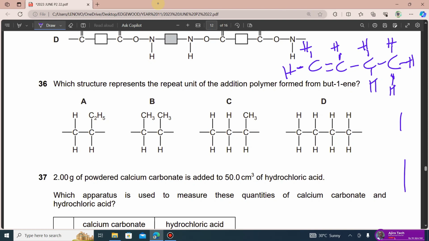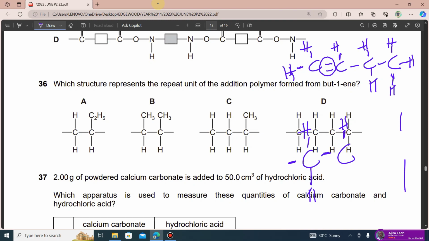So the repeat unit is simply the fact that this double bond is going to break by the time it goes into the polymerization. And by the time the double bond breaks, you can see that there are just 2 hydrogens here. So what we are expecting is something like this. The 2 hydrogens will be attached as usual, and then the second carbon has the H, so we draw the H, and then when there's a breakage like that,